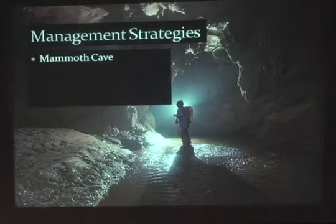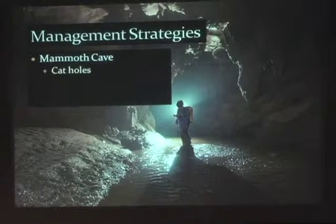So as far as management strategies, Mammoth Cave is kind of considered one of these high energy environments in their lower passages. And so one of the things that the park allows is digging cat holes in the cave. Mammoth Cave is over 300 miles long, and they're not allowing visitors that take the cave tour to cat hole